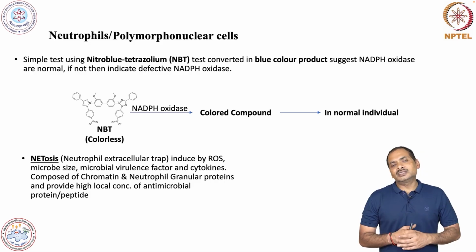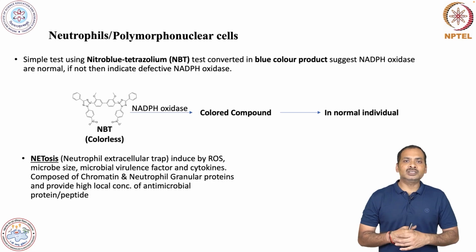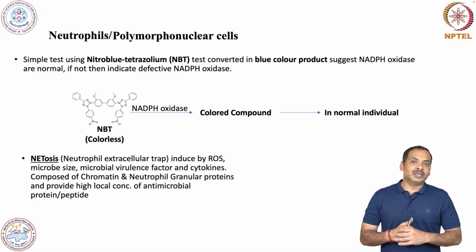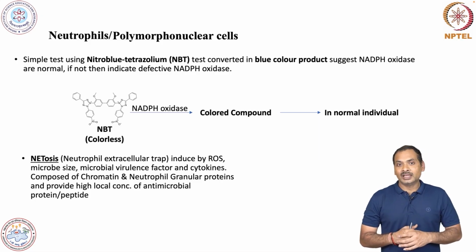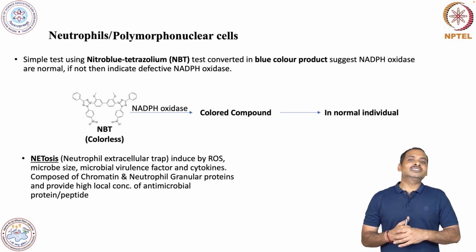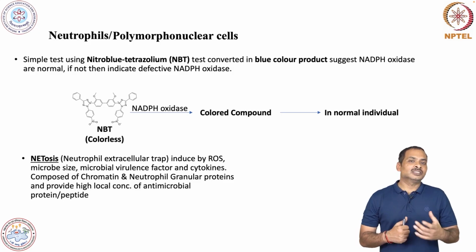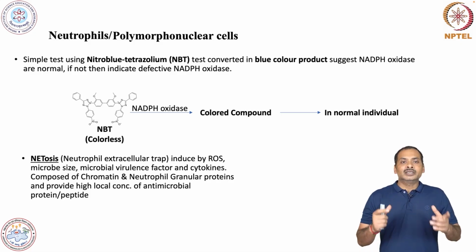Okay. So, in this test what we do, we take the cells and break the cells and then mix it with this reagent. If the reagent turns deep blue in color, then that indicates that this enzyme NADPH oxidase is functional and the individual is normal. If the intensity is less, then it is less functional. If it is almost colorless, then one can consider that this individual is lacking the functional NADPH oxidase. Okay. So, this is